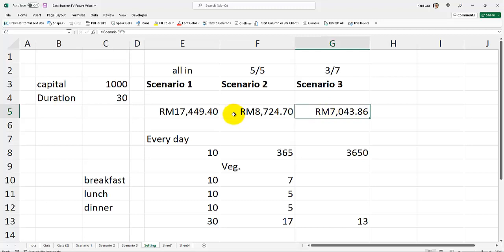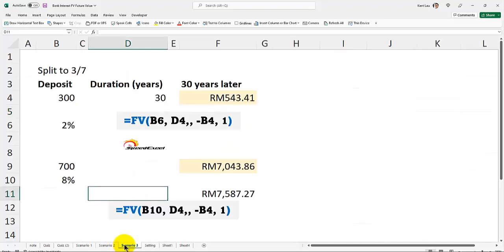But if you put the money in a bank, this is also a risk, and here you see that this is 8%. Now, having said that, you also need to think about this money here: you've got to put it